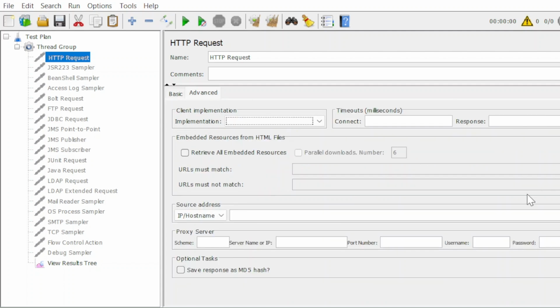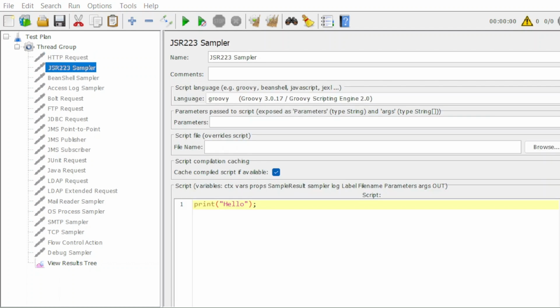The advanced function is this. As you can see, we can define our connection timeouts and response timeouts. We can use our source address, proxies, and implementation. All these features are available in our HTTP request. The next sampler is